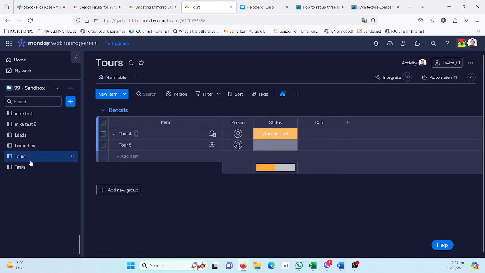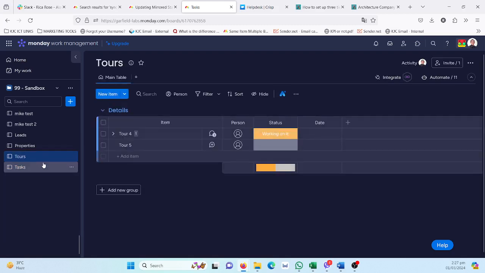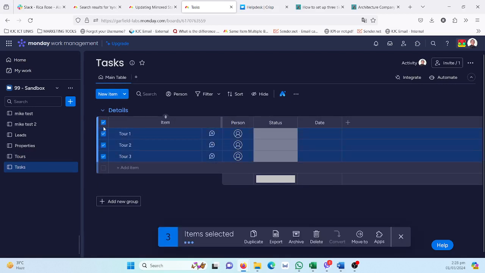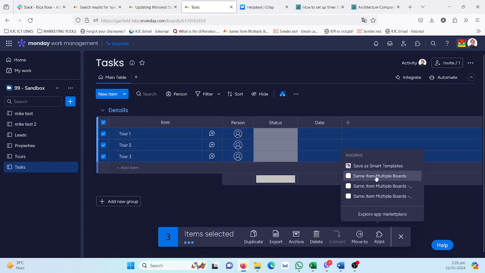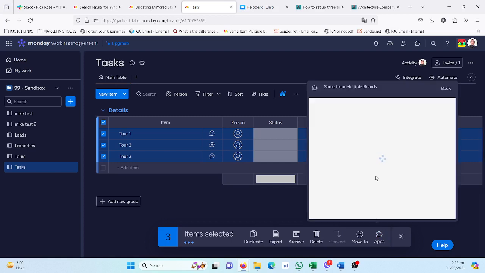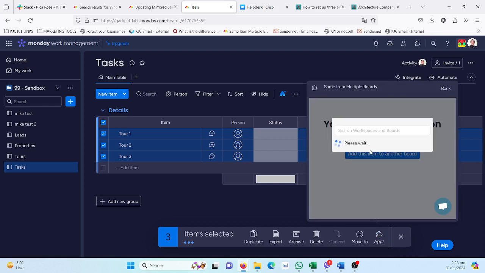Now, we have still one more here. It's called the tasks. There are instances when you have a lot of items already, right? The Same Item Multiple Boards is also available for batch actions. So just select the whole batch and then click on apps, and then Same Item Multiple Boards. Okay, so just add this item to another board,